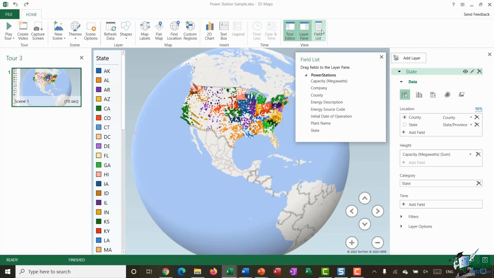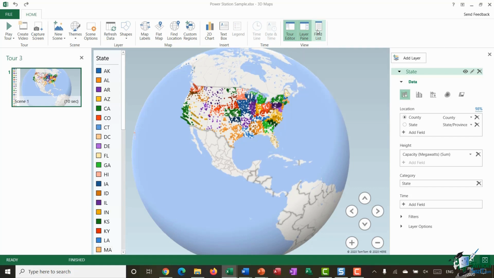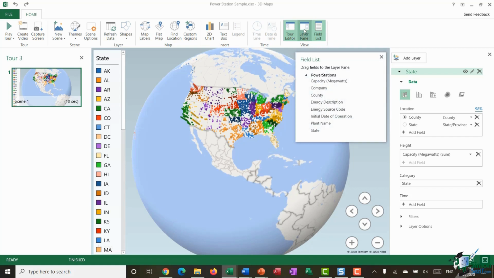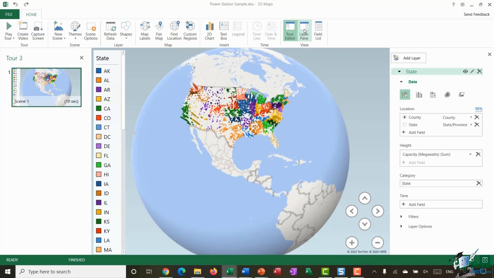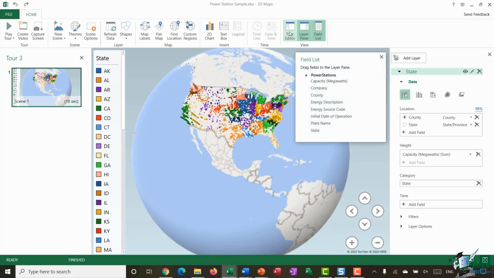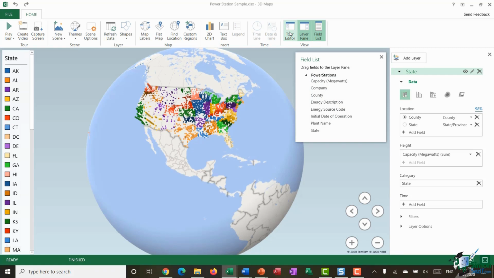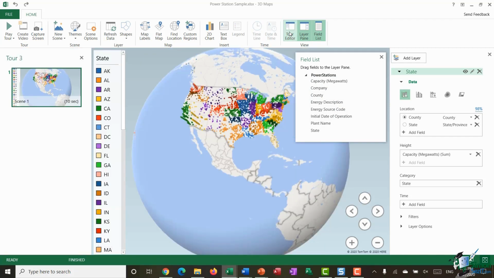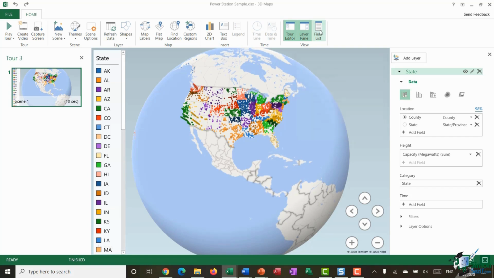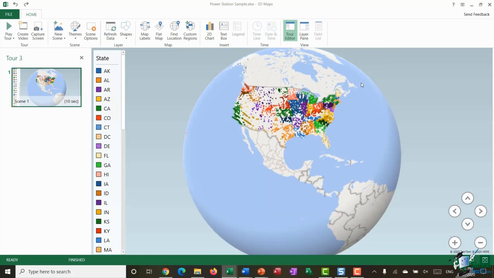So if I want to remove the field list, I can click that to toggle that off or toggle it back on. I can remove my layer pane, or I can toggle that back on. I can also remove the tour editor if I want to get more real estate on the screen. Now, one of the things you might want to do here, and for the time being, I'm going to turn my field list off, and I'm also going to turn my layer pane off,